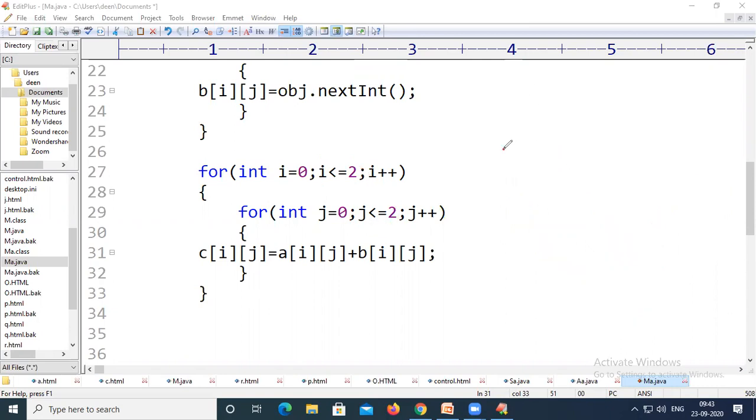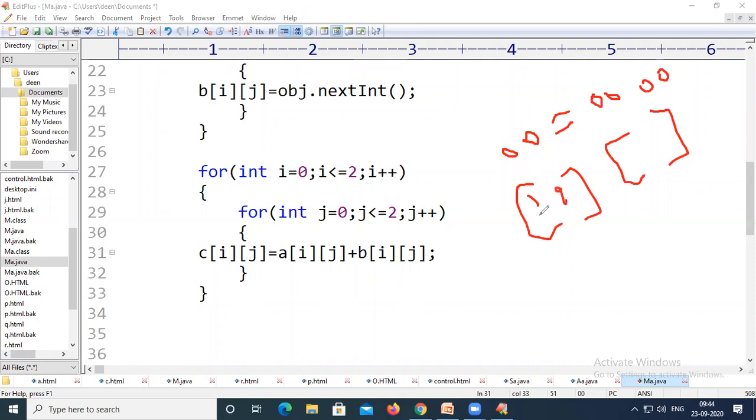That means c of 0 0, where the initial i value and j value is 0, is going to store the addition result of a of 0 0 and b of 0 0. If you write two matrices, for example, the first one has the values 1 2 3 4, and the second one has the values 5 6 7 8.